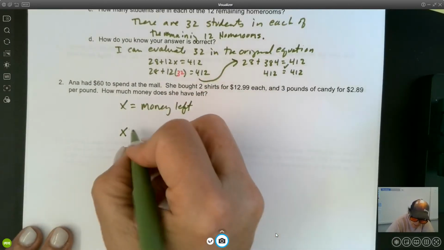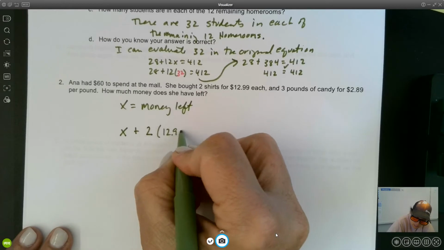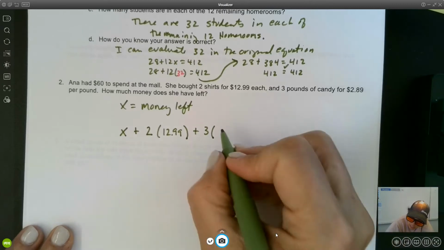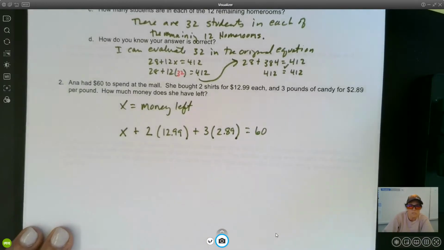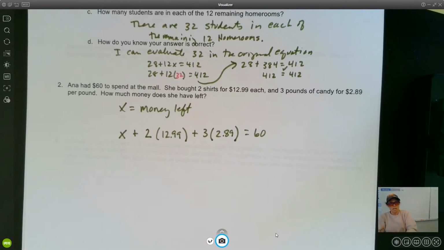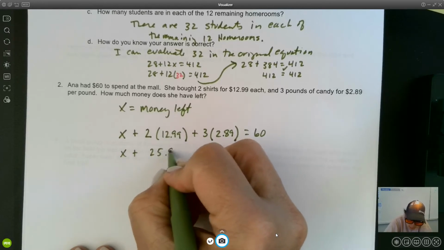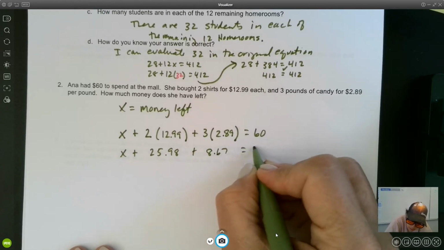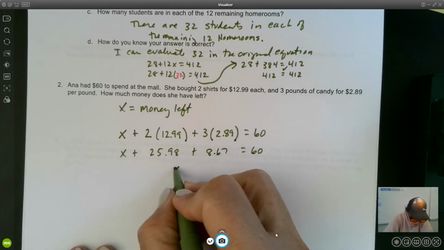So I've got the money left plus the 2 shirts for $12.99 plus the 3 pounds of candy at $2.89 a pound. And that grand total was $60 that she had total. Let me multiply these together and get $25.98. Multiply these together and get $8.67. $25.98 plus $8.67, I'd have x plus